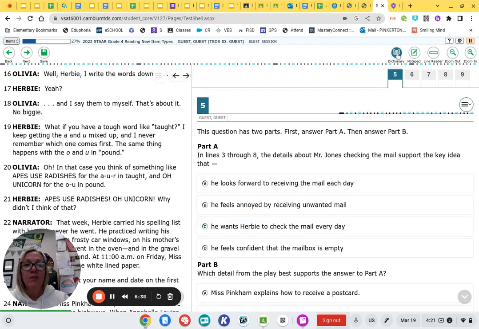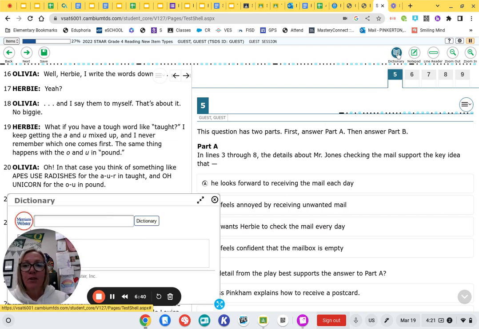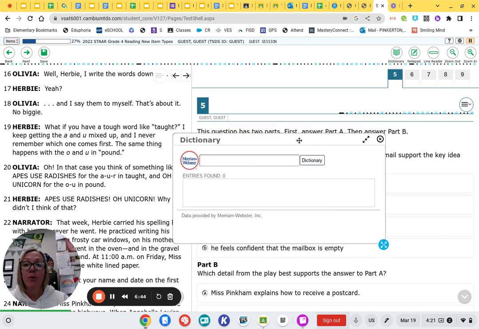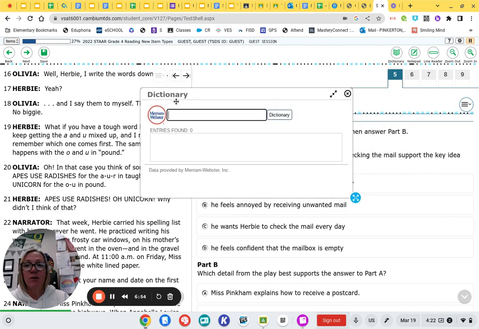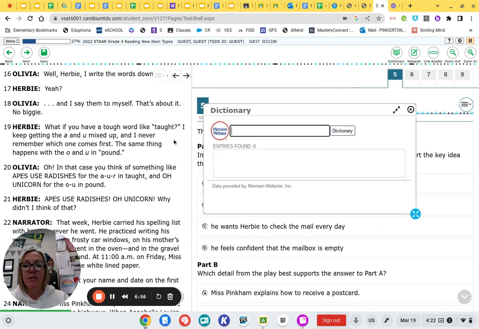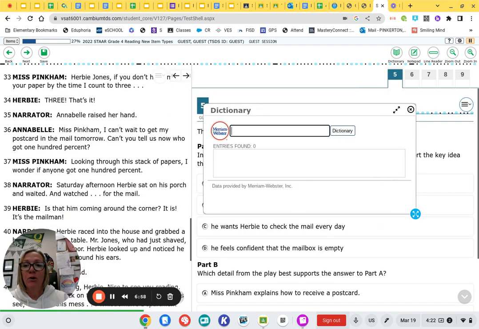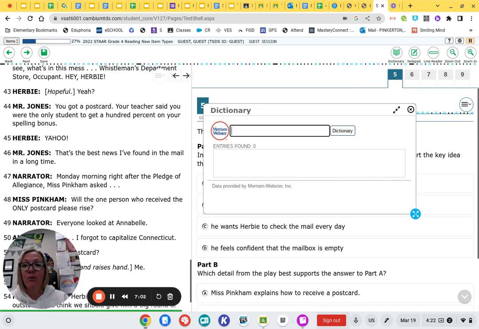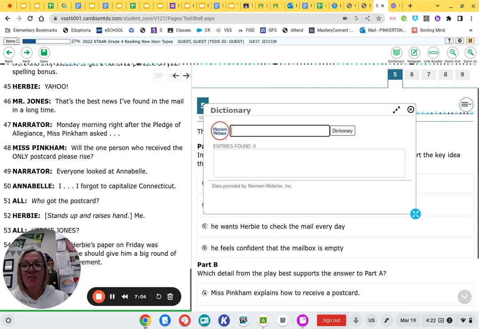Another tool that they can use is the dictionary. So if they don't know a word in the passage, or they need to look up a word because it's one of the questions, they just type that word in to this box right here, and it looks it up for them. And then they could move this dictionary box all around so that they're able to see what the word is and spell it correctly,